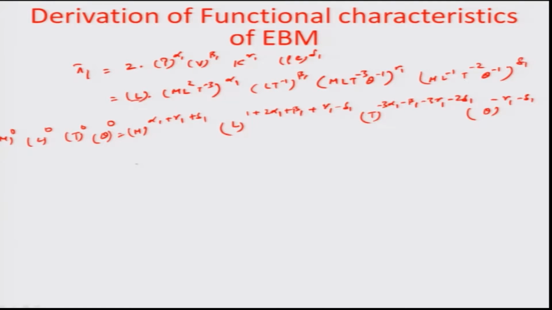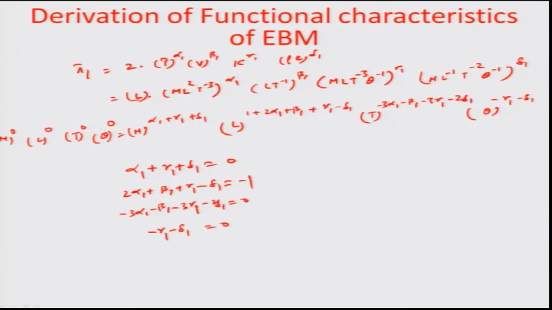So, we are left with 4 linear equations here, where alpha 1 plus gamma 1 plus delta 1 is 0, and twice alpha 1 plus beta 1 plus gamma 1 minus delta 1 becomes equal to minus 1, and minus 3 alpha 1 minus beta 1 minus 3 gamma 1 minus twice delta 1 is equal to 0, minus gamma 1 minus delta 1 is equal to 0. So, these are a set of 4 linear equations with 4 variables, which can be easily solved, and solving these,